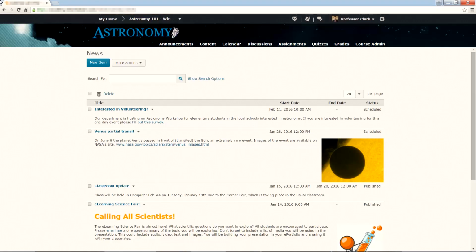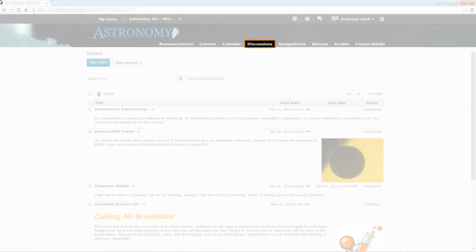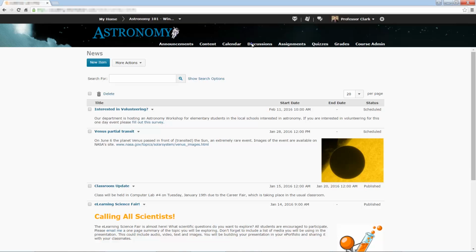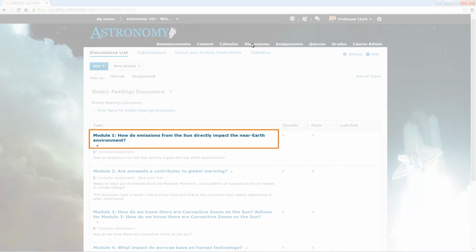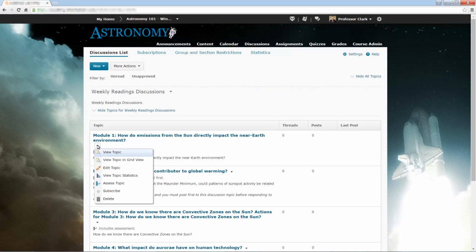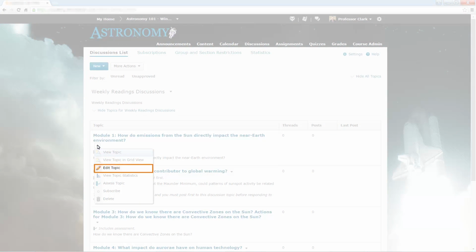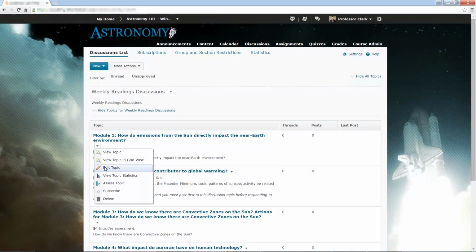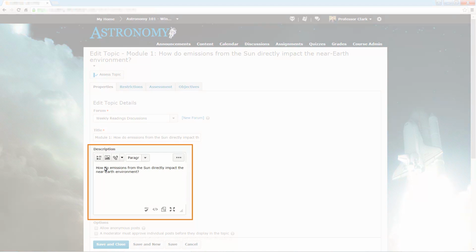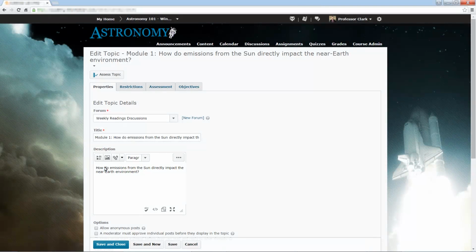Exactly! Let me show you how to push the boundaries a little bit further. To begin, navigate to the Discussions tool. Then, click the context menu for the topic that you want to edit and select Edit Topic. Ensure that your discussion contains a description because it will appear to students when they view the discussion in Brightspace Pulse. Navigate to the Topic Availability section.